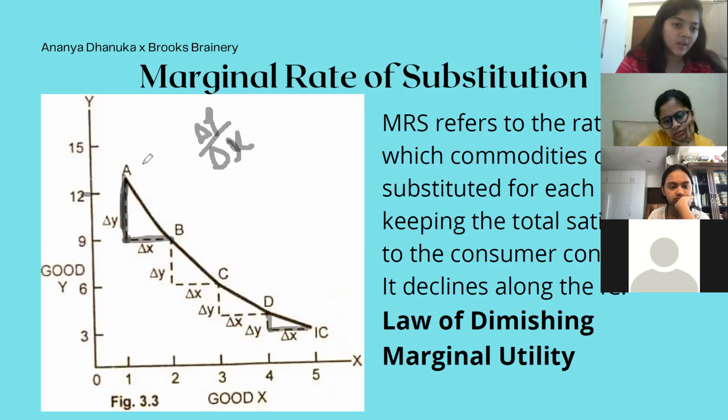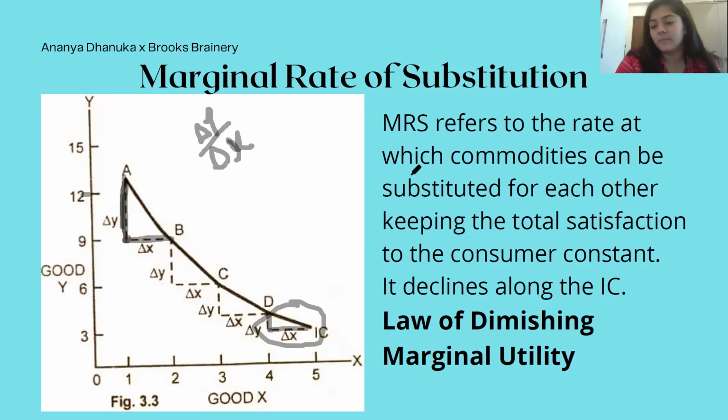So I think this is pretty visible, right? Here, the value that you have of change in Y over change in X is much greater than the value that you have here. Okay, but why is this so? Why is there a diminishing law of marginal rate of substitution? Anyone could basically think or take a guess. Why do we see this sort of graph?